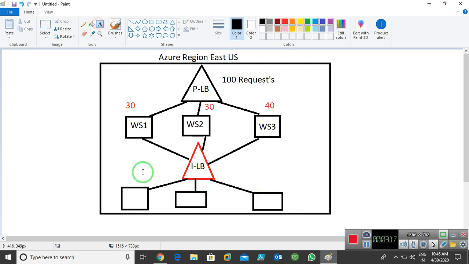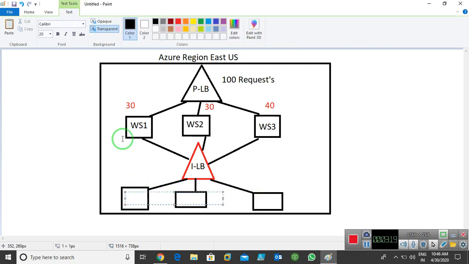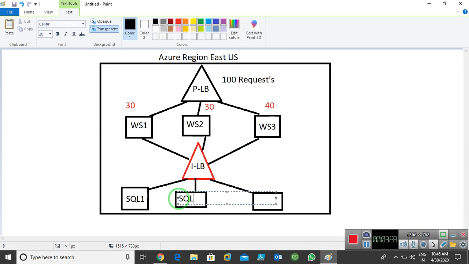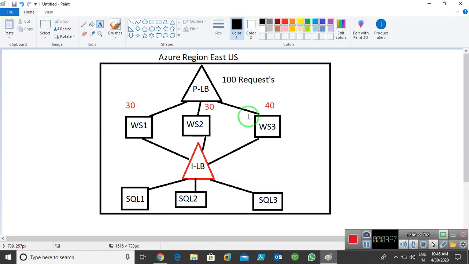Imagine this is SQL server 1, this is my SQL server 2, and this is my SQL server 3.